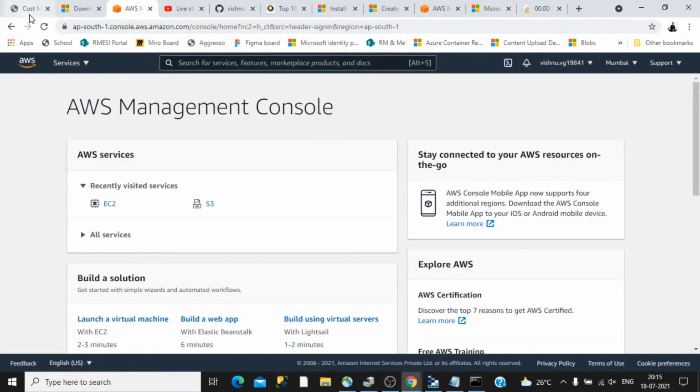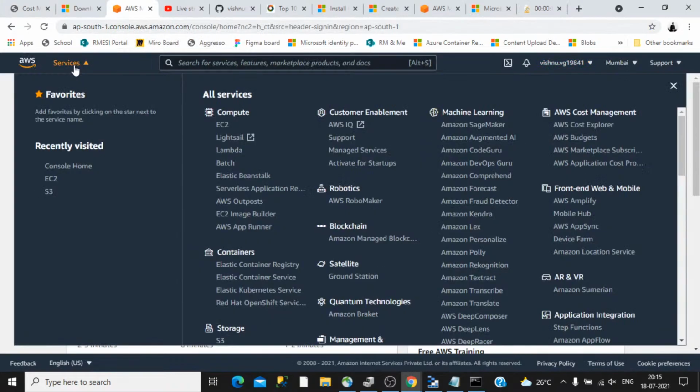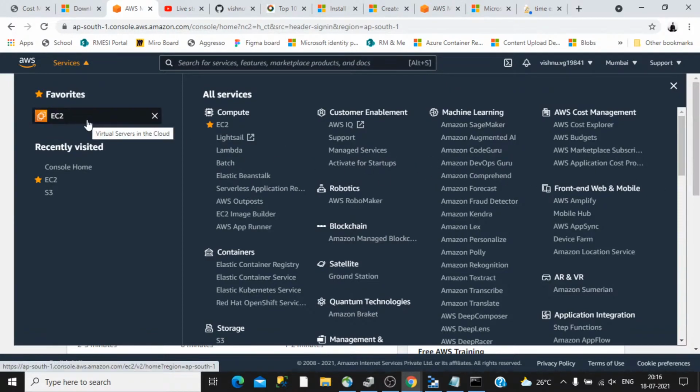And one more thing I want to mention here is, if you want to have a particular favorite service to bookmark, you can do that very easily using this option. You can click here. For example, if I want to open this EC2 instances always, I can bookmark this. The advantage of bookmarking is that just like we bookmark a particular web link and easily access that via the Chrome browser or whatever way, in a similar way we can bookmark the services that we want to access easily. So we can straight away get the service from there.